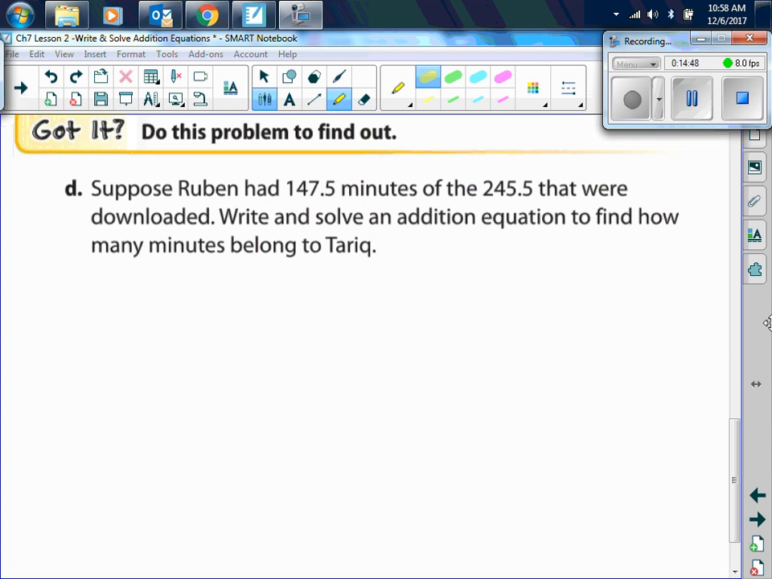All right, so same example as example 2. It says, suppose Ruben has 147 minutes of the 245.5 that were downloaded. We want to write and solve an equation to find how many minutes belong to Tariq. So, once again, we are going to first define our variable, okay? Because we already know that if I add Ruben plus Tariq, we're going to get the total amount, right? So, the unknown, defining our variable,